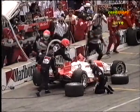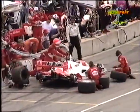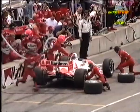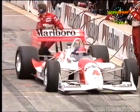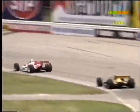Paul Tracy comes into the pits, and now, is this a good stop? Just a little bit slow getting away there. Now this could well give Mansell the opportunity to take the lead. Fittipaldi also into the pits. He is now of course up into 3rd place before the stops, and it could well change around with the stop. Purcell has also just come out of the pits, so Purcell, all the leaders now making their stops, and in fact Purcell may have taken a place there,